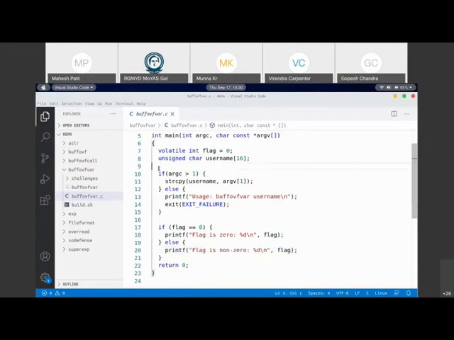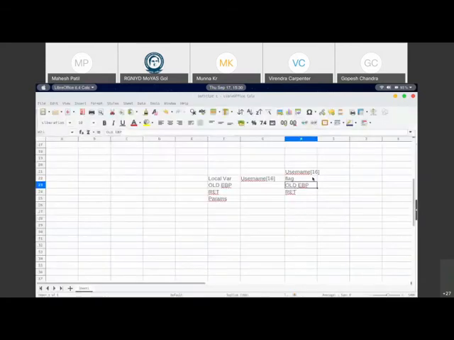But now you see that there is a small piece of code over here, which takes the first argument that is passed to the program and copies it into the username buffer. Now, just have a look at this. We are taking an external input and passing it to the buffer username. If this is less than 16 bytes, there is no problem. But beyond 16 bytes, it will go and overwrite the flag variable, because these two are very near to each other in the stack memory.